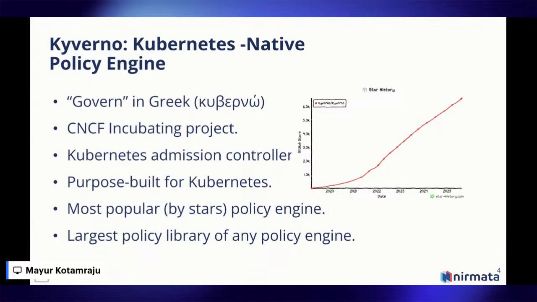files, right? Most importantly, right now, Kyverno is the most popular policy engine by GitHub stars. I've put a quick graphic here to show you the star count, and you can see it's growing exponentially in terms of the GitHub stars. And it has the largest policy library of any policy engine, covering everything from security hardening to multi-tenancy best practices. So this is the go-to choice for most teams looking to enforce governance at scale without that steep learning curve.